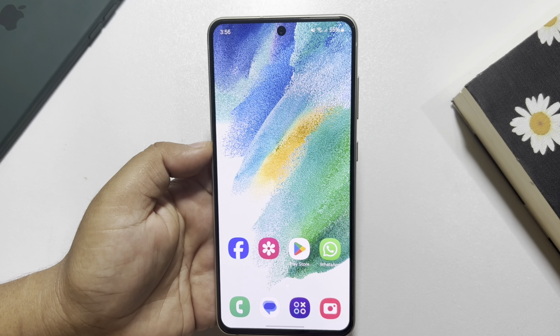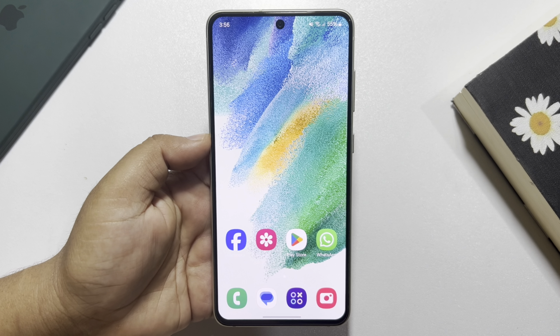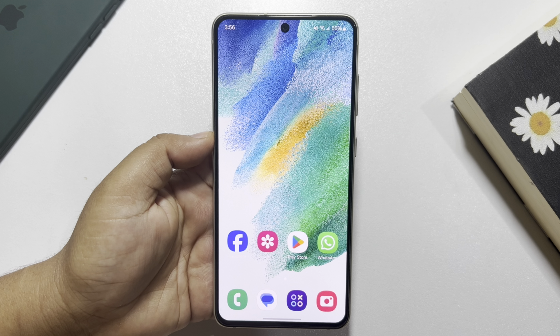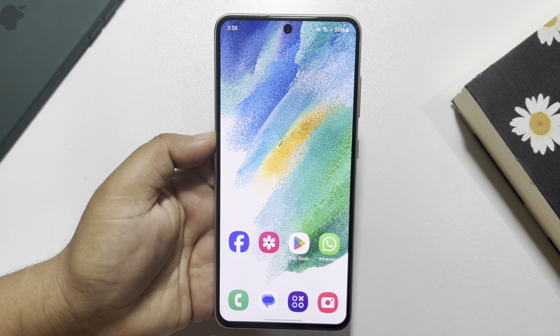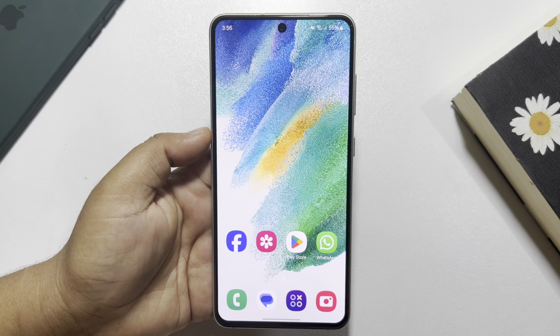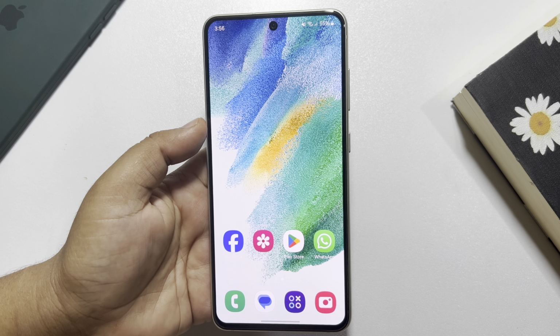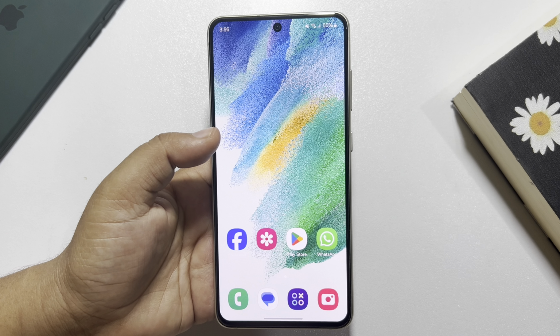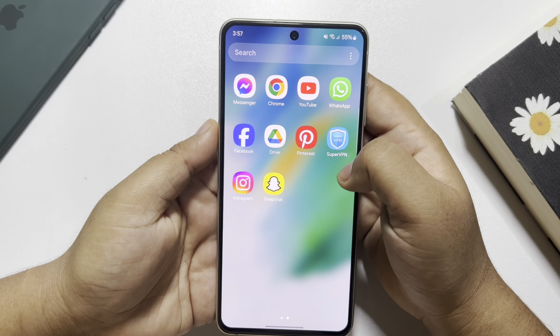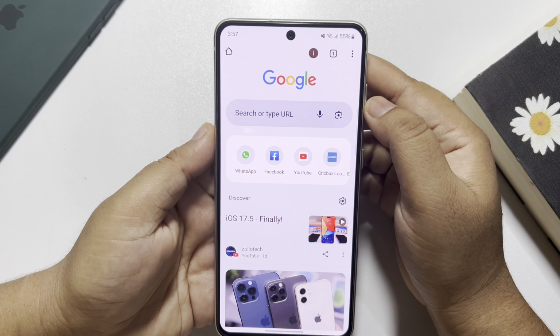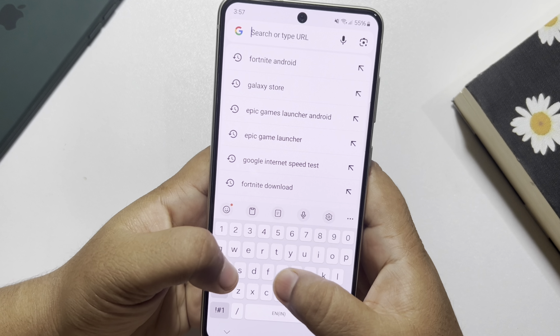Hi, this topical talk is going to show you how to download and install Epic Games Launcher on an Android phone. Follow these easy steps to download Epic Games Launcher on your phone. First of all, you have to open the Google Chrome browser on your phone and then search for